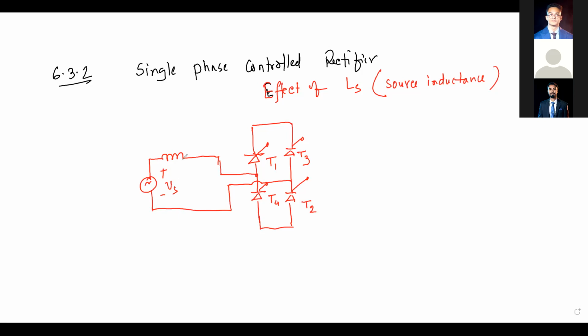The single phase voltage we have applied. This is the inductor that has come from the source. And we are still thinking about the constant load current, that is, a highly inductive load. That current is ID and the voltage across the load will be here VD. And that will be your VLS. The current here is the source current, and this is your load current. When LS is 0, I am reviewing this one.